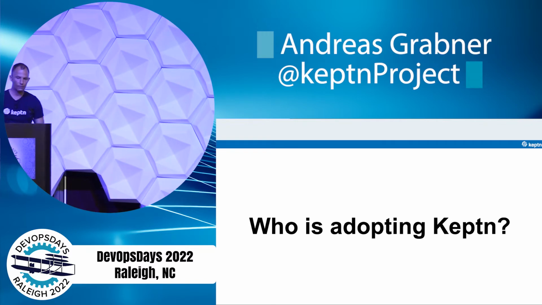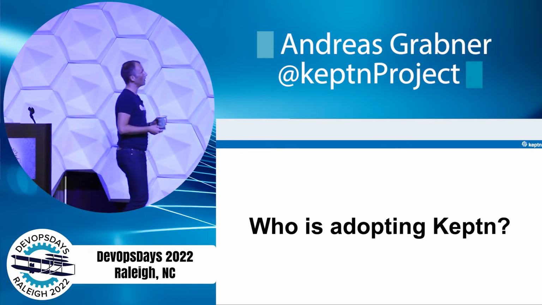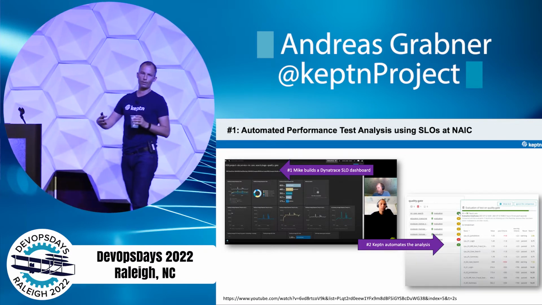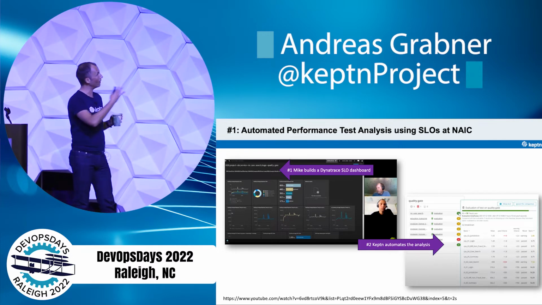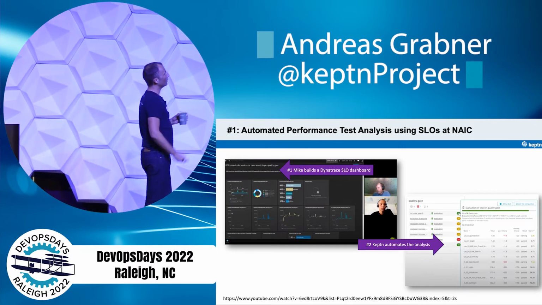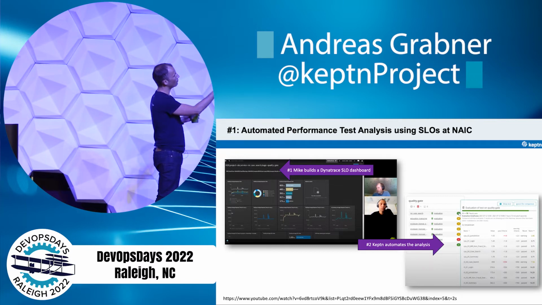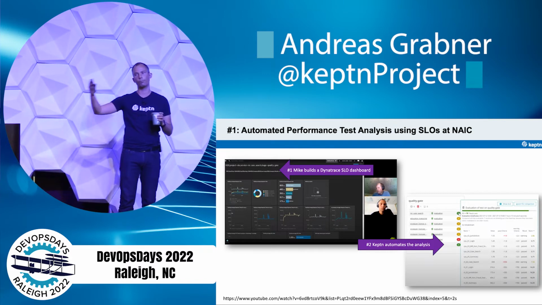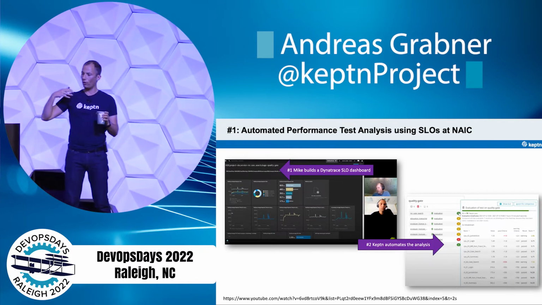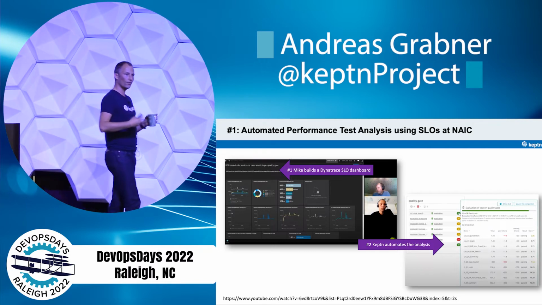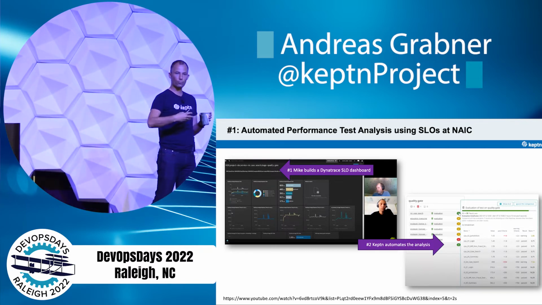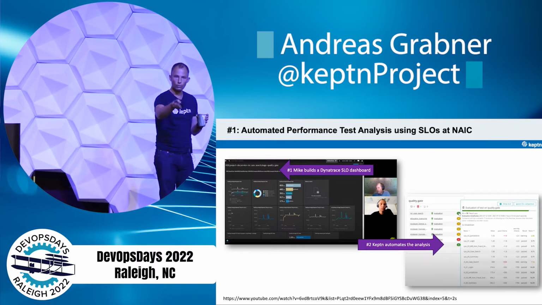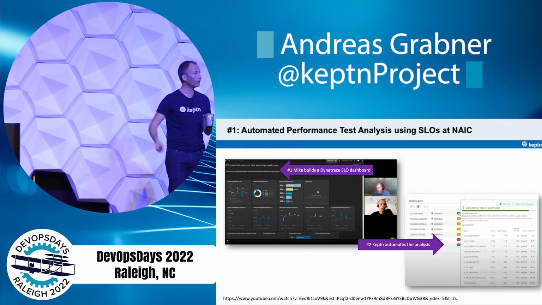Keptn is adopted primarily, the first use case is really that our users say, we already have a pipeline, we already do some testing, but we are lacking the automated analysis. So like Mike here, he was building a Dynatrace dashboard, and then this dashboard is automatically analyzed. So we have special integrations, as I mentioned, with Datadog and with Dynatrace, and you can build New Relic integrations and whatever you want. For Dynatrace, for instance, users can also just define a dashboard, and then we analyze the dashboard. So we look at every metric, we look at the threshold definitions, and instead of, let's say, Mike, you looking at it and saying this is good and not good, we just do it automatically.